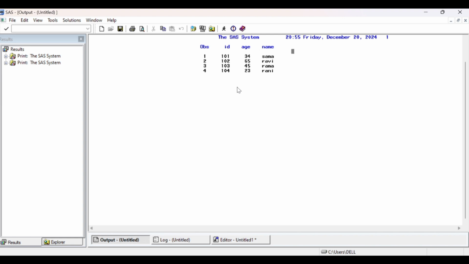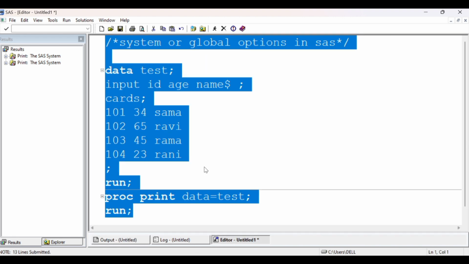By default our output window displays in the center only. If we use the nocenter option, we can display our output left or right. For that purpose, I don't want my output in the center,